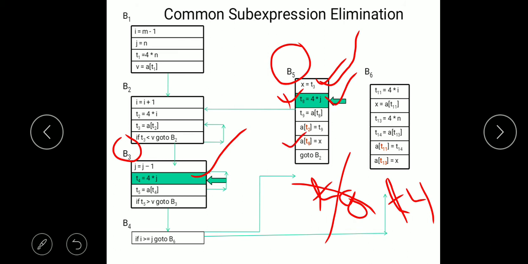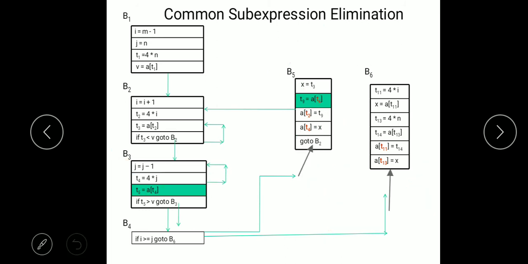After doing so, after eliminating this common sub expression and changing T8 to T4, you will notice this change in B5.